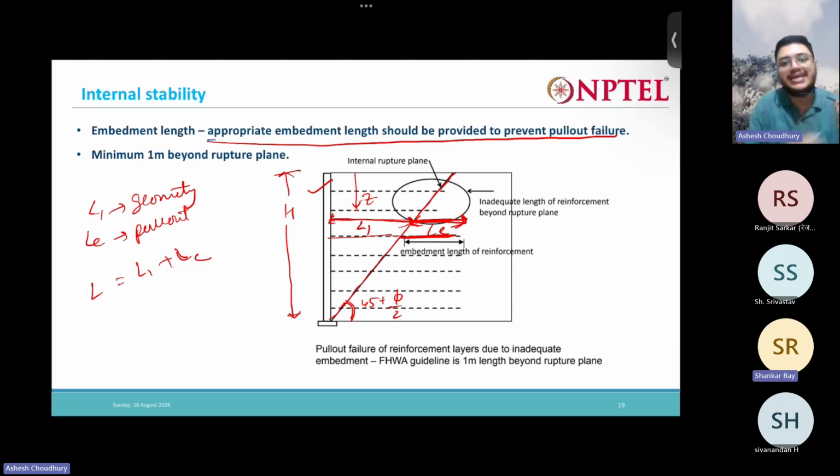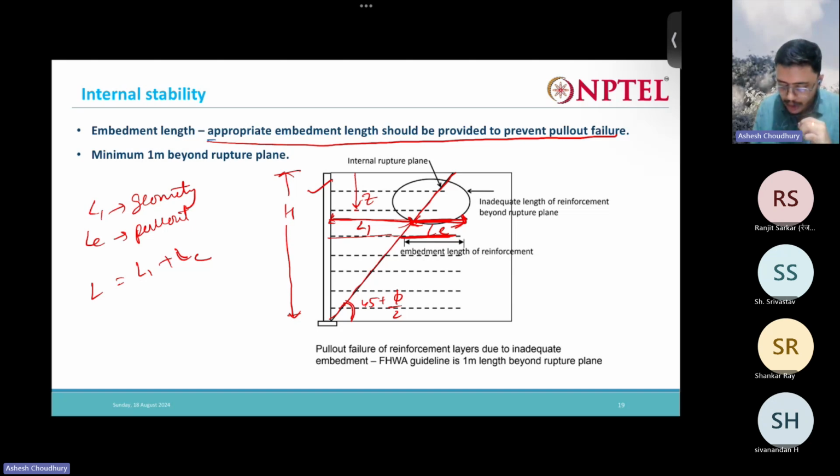For each layer we generally will calculate, but we do not give different length to each layer, right? In practice it is very difficult. It will be very tedious in the field. So generally we don't do that. Generally at the top portion we will put one less length. We'll solve some problems in the next class, and it will be clear to you. These problems are actually very, very easy. It looks a little bit lengthy, but very easy and very interesting also. So you understood how to find out the total length.